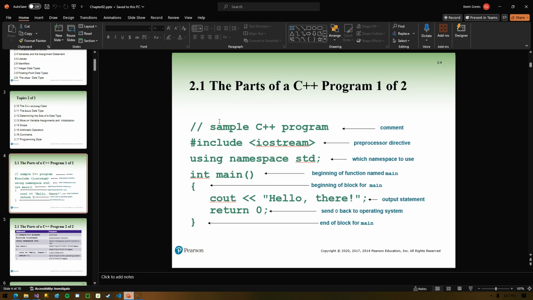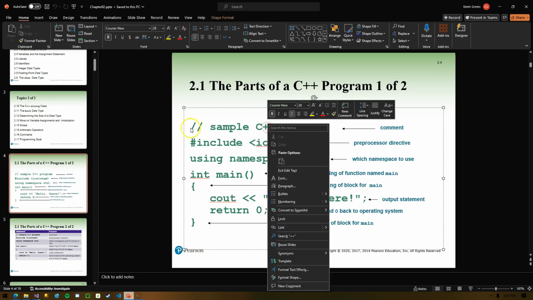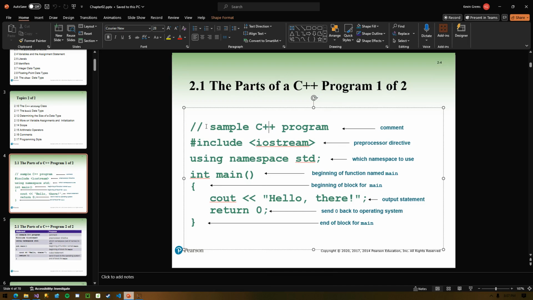I work with a very, very large code base. We have 20 Visual Studio projects inside of our solution, and thousands and thousands, tens, probably 100,000 lines of code that we're working with. And a lot of those lines of code deal with complex calculations that I would not have a clue what they did had I not properly commented the code. So again, this is a single line comment. I will show you later on how you can do multi-line comments.